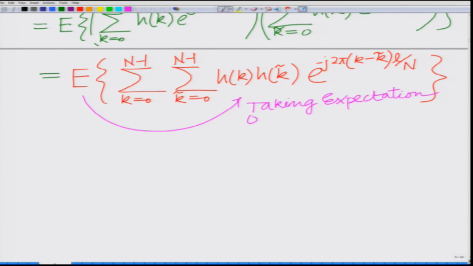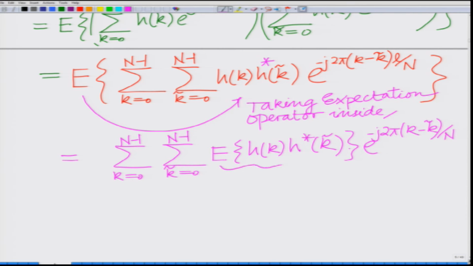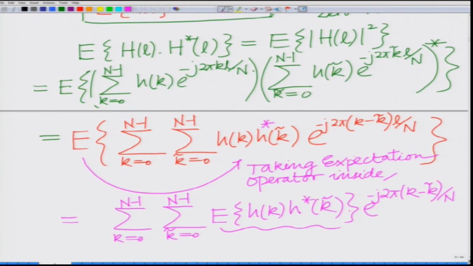Taking the expectation operator, this gives summation k equals 0, summation k tilde equals 0, expected value of, of course there has to be a conjugate here, expected value of h_k h conjugate k tilde e to the power of minus j 2 pi (k minus k tilde) by n, and now you can see this,